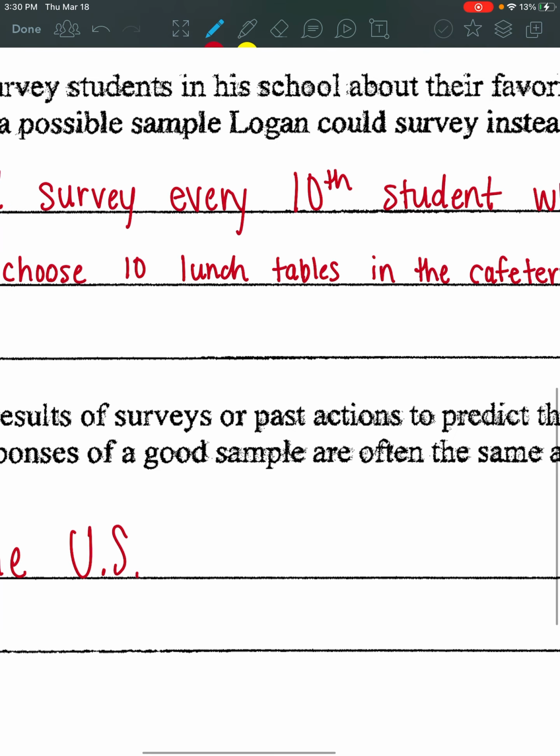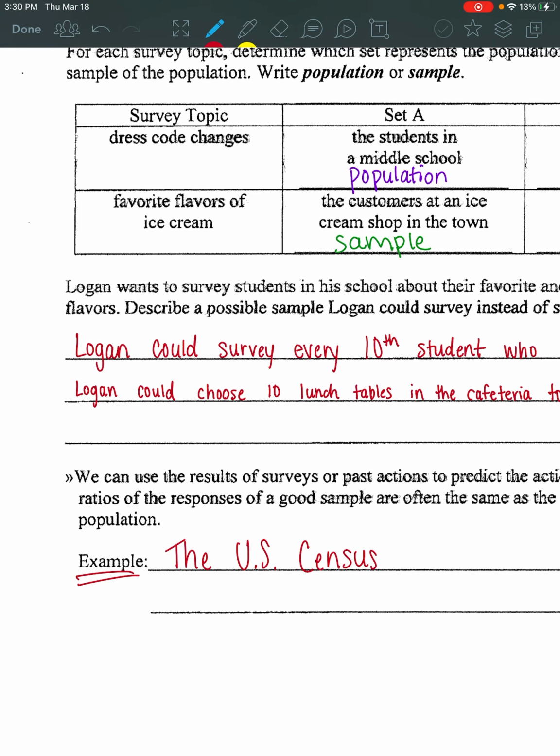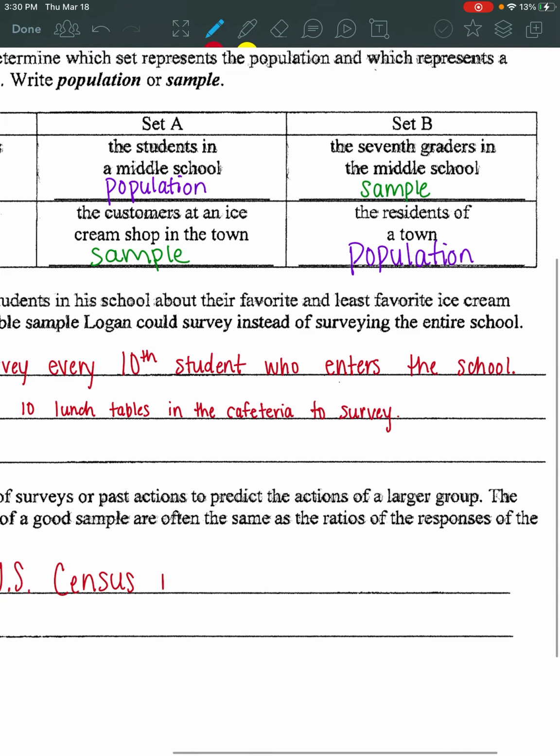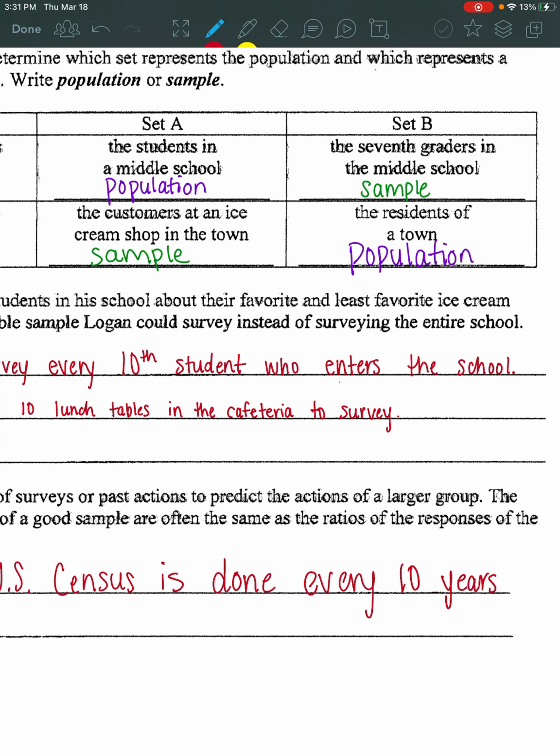Census. And I'm not sure if you guys have ever heard of this, but a U.S. Census gets sent out every 10 years. And the United States would like every single person in the United States to actually fill it out. Unfortunately, that's not always the case. So the U.S. Census is done every 10 years. And then once they get the results of that survey, well, then they use that to basically make statistics data to include that entire